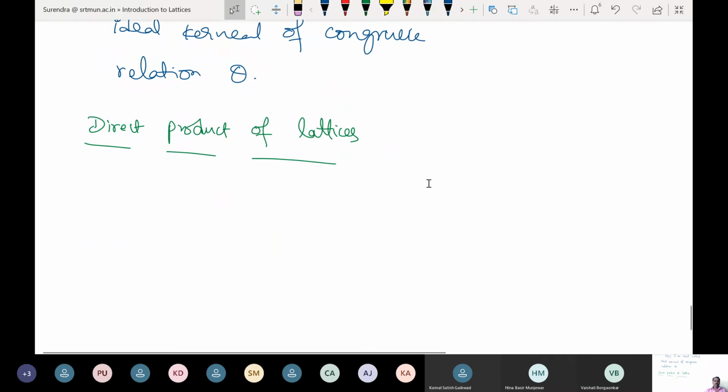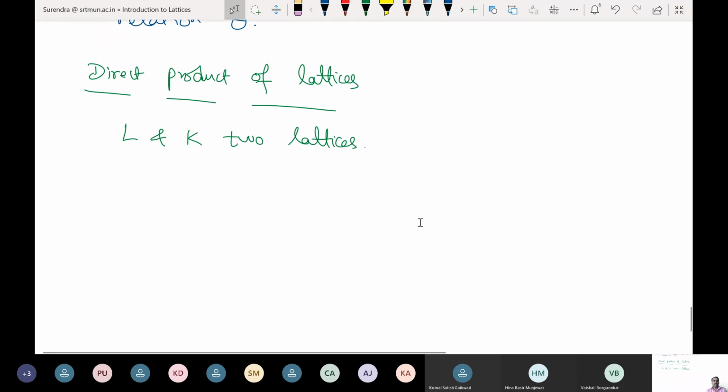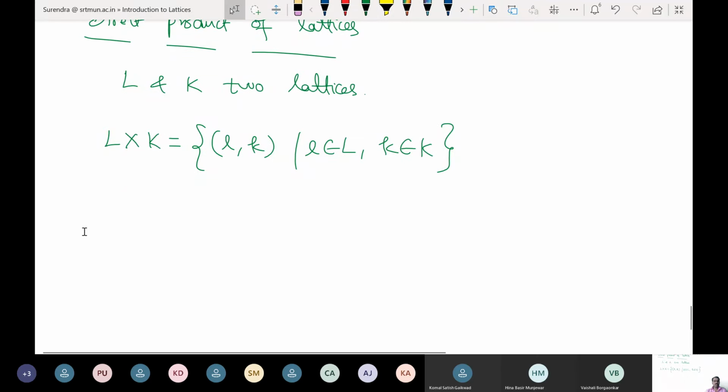That means you take, suppose, L and K. If these two are lattices, then you can talk about a direct product or Cartesian product of two sets, L cross K. It's a normal Cartesian product. So you can call it small l and small k, such that l is in L and k is in K. All possible pairs you can get,